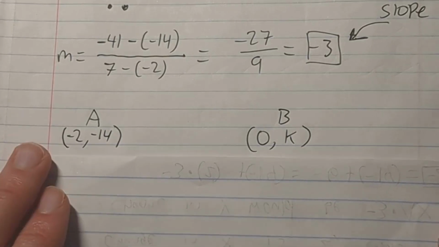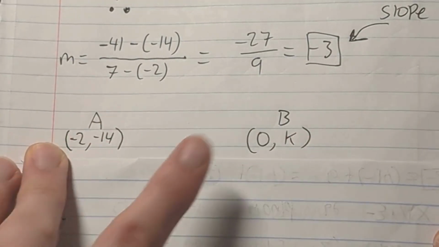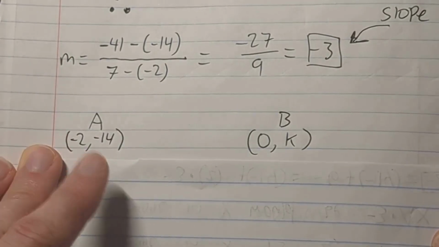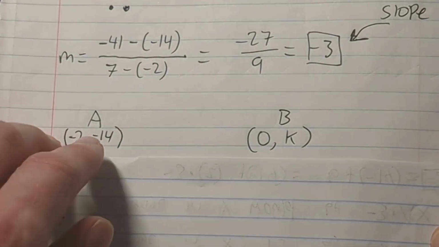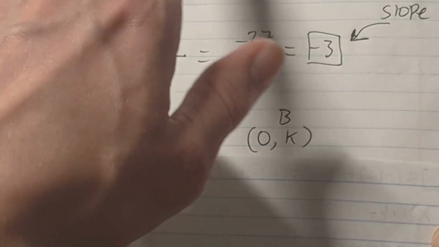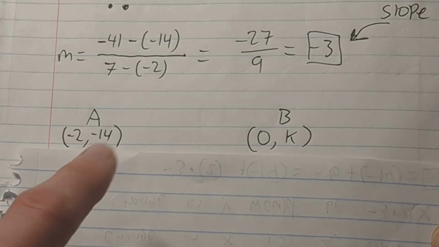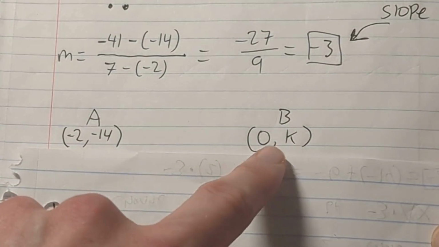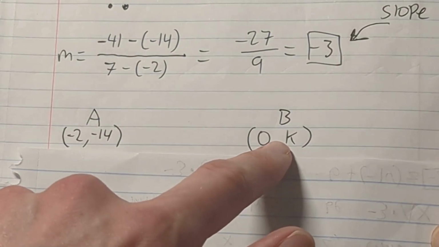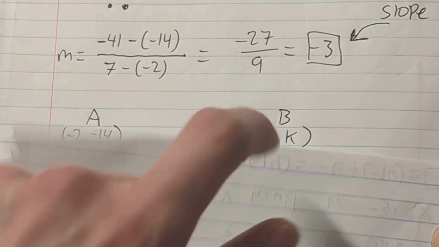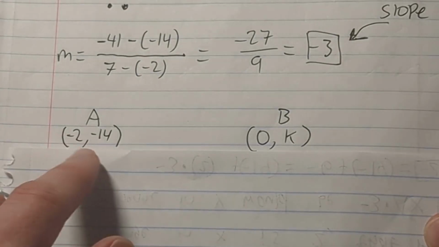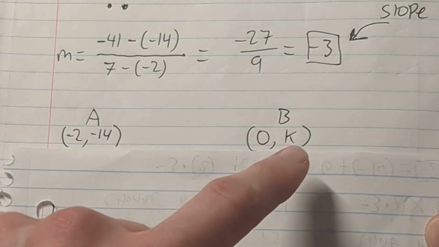Finally, here's a way to find the constant k without even using the slope formula a second time. So what we can do, we can take one of the other points that we found, but I prefer the (negative 2, negative 14) just because it's easier. We label this point as a and our destination point, the one that contains the value that we want to find, as b. So if a is (negative 2, negative 14) and b is (0, k), okay,